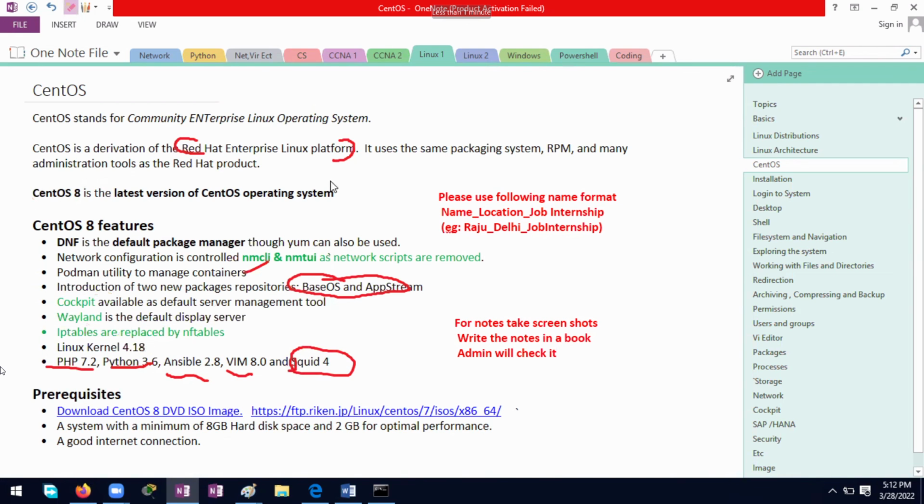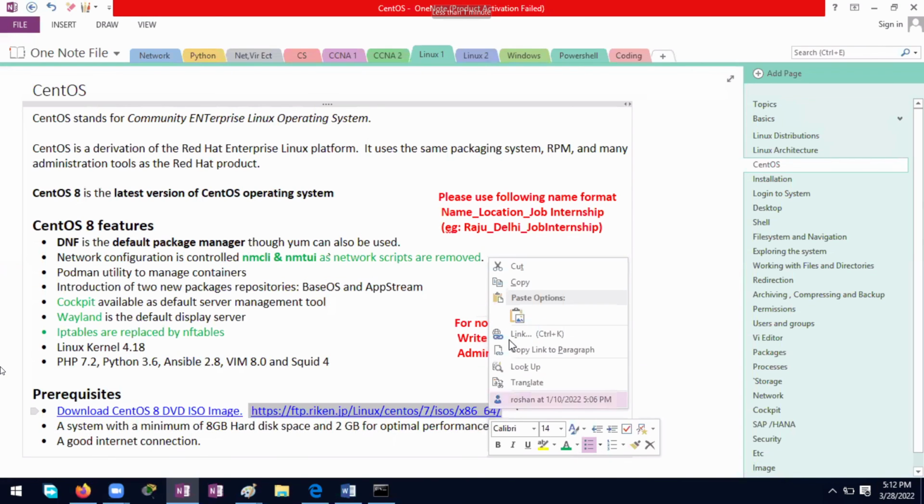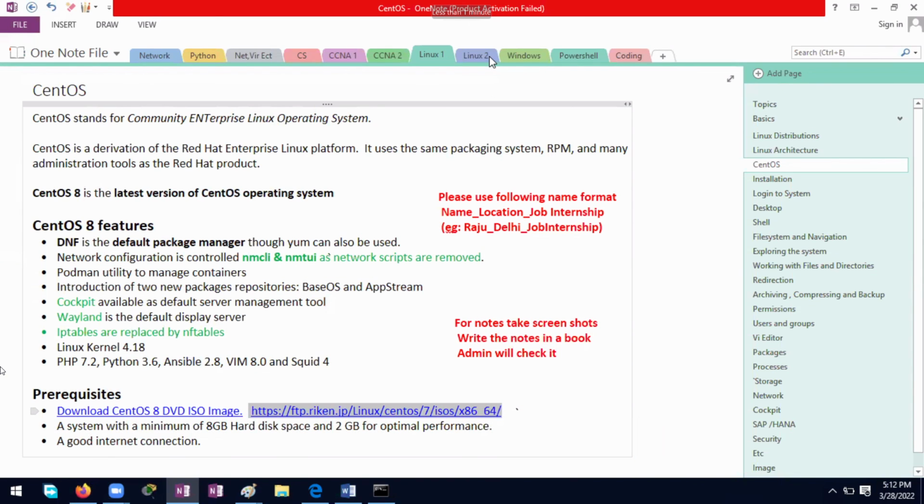So I am going to share the latest link for CentOS 8. So I will show you. So this is the link for, sorry. So those who have a PC or laptop, you can